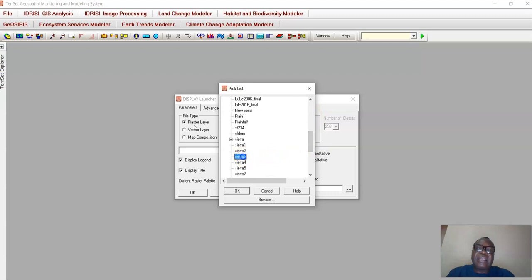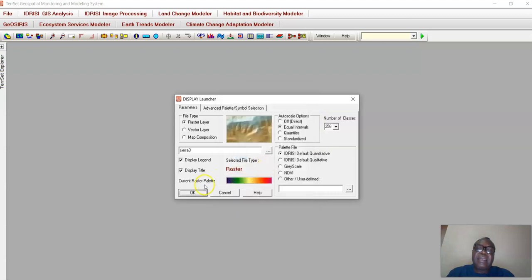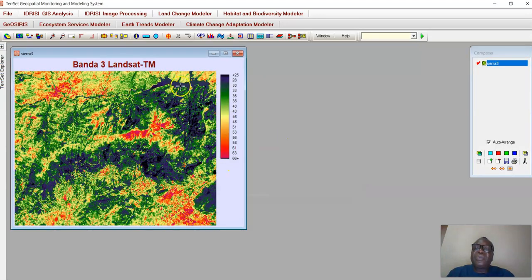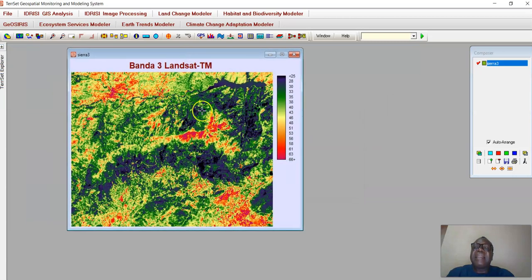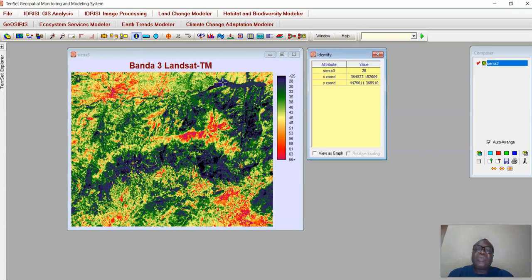Let's look at Syria 3, the Landsat image. You can see that this is band 3 of Landsat. When we look at the pixel value of this one, it is 29. The pixel value, the data number, is 29 in this place.